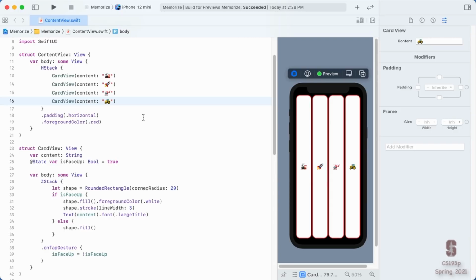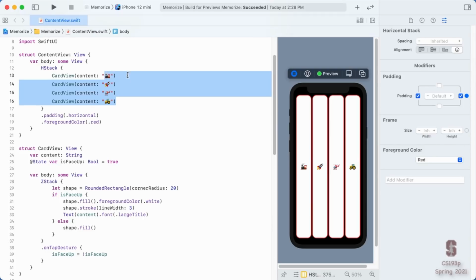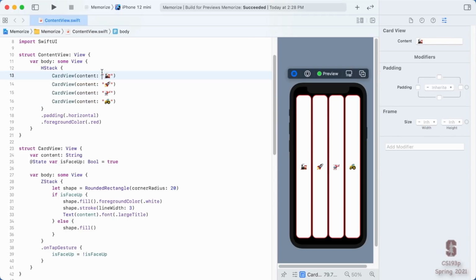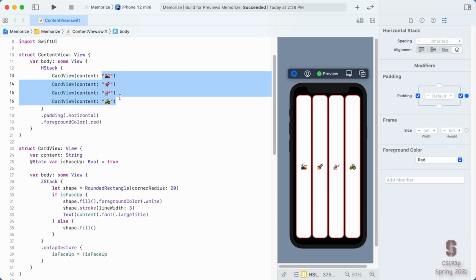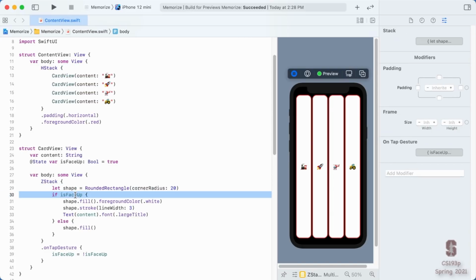So that's really neat. We got different cards going on right here, but we would probably never write our code like this, where these 4 emoji are kind of hardwired in here. We really would rather put these in an array or something like that, and then pick these out of an array. And eventually we'd like to have a for loop in here. But I think I mentioned earlier that these bags of Lego, while they can have local variables and ifs, they cannot have a for statement. So we're going to need a special bag of Lego making view that does for loops. And we'll see that in just a second.